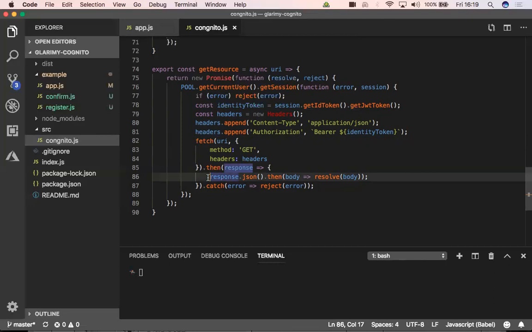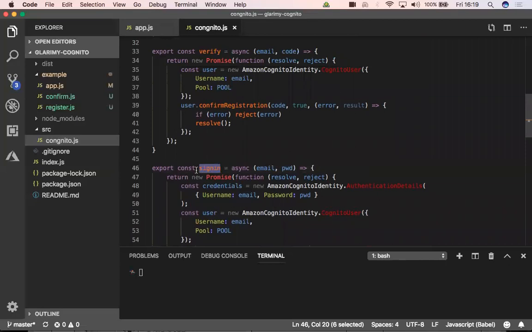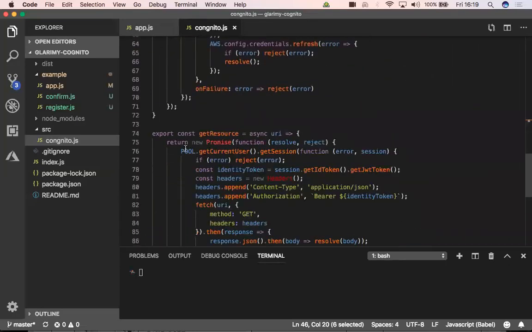Okay, yeah. Similarly, we need to make calls for posting some data to the server. This is to get the data, and similarly to post the data and to update the data. We also need to write code for sign out. I haven't written that so far. Sign out, you can easily guess: go to that pool, and instead of saying get current user, you say get current user, delete user, something like that.